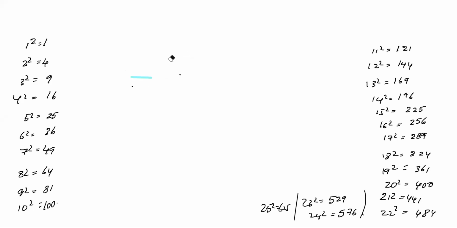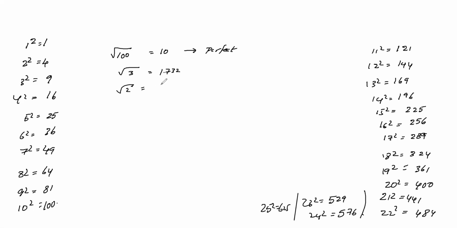Okay, so I told you there are two different types of square roots. One is your perfect square and one is your non-perfect square. A perfect square ends with a number, without any decimal points. For example, if it is 100, it ends with 10, so there is no decimal point. When there is no decimal point, we call it a perfect square. When it ends with a decimal point, like for example root 3, which is 1.732.